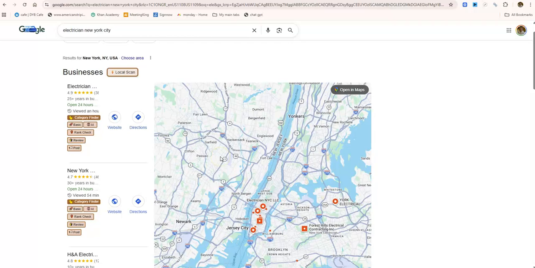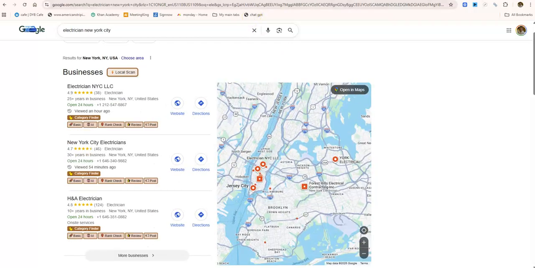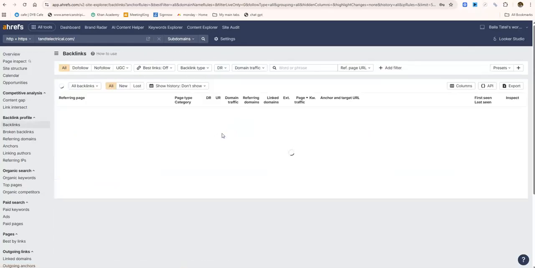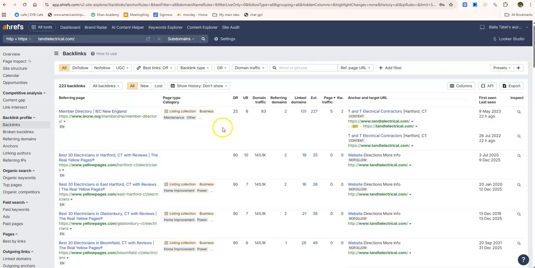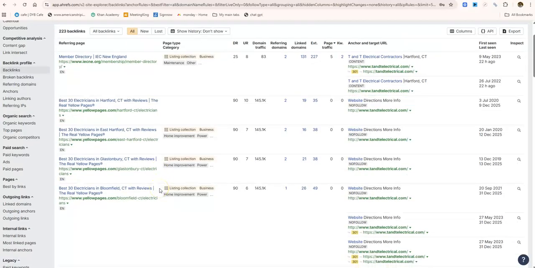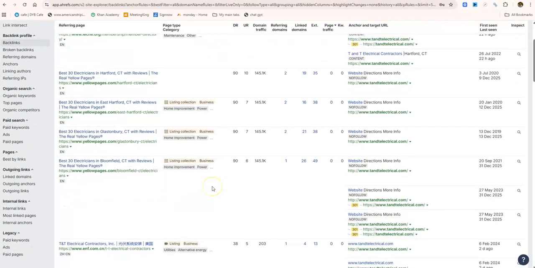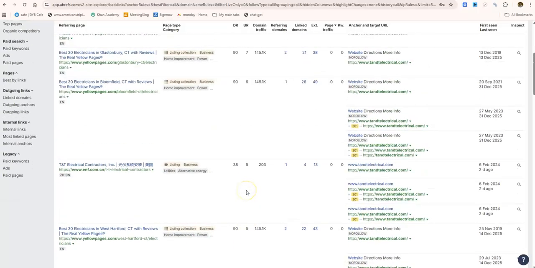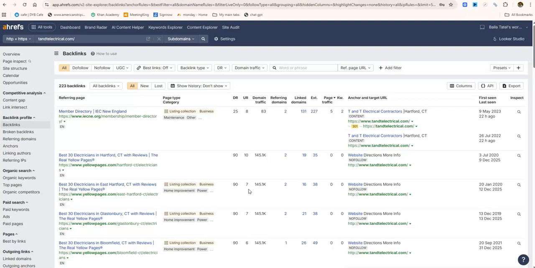The last thing we look for is backlinks. We'll go to this guy's overview. Backlinks are other websites that point to your website. It's a popularity contest. Google says, all right, all these sites, these are directories too. So most of his backlinks look like they're directories. Really, directories are backlinks as well, but it's important to have other backlinks besides those. This guy doesn't really have, it's not a big business. I just picked him because he was not that far from you.